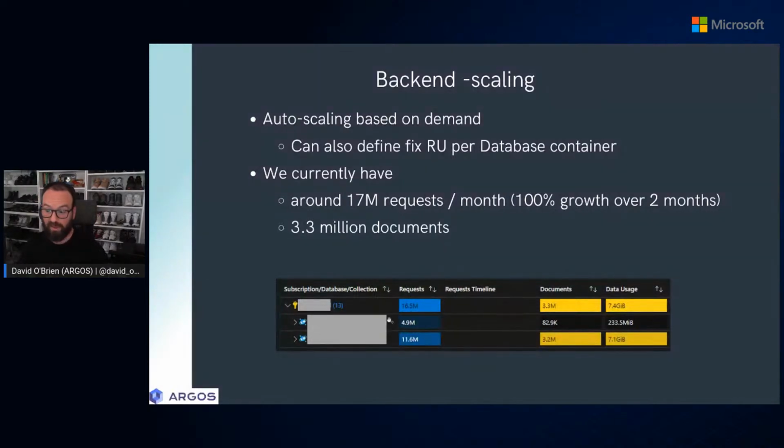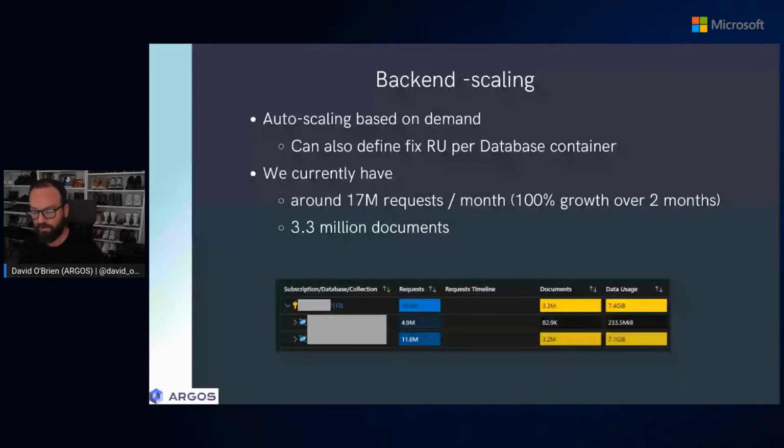And because we use this PaaS service, Cosmos DB, even without us doing anything, you go to Azure Monitor and you get this nice picture where you can see all these metrics: the data usage, how many requests on each account and database and collection, how many documents you have, which is why I can tell you we have over 3.3 million documents in our databases, which roughly equates to probably 3.28 million cloud resources under management and 17 million requests.